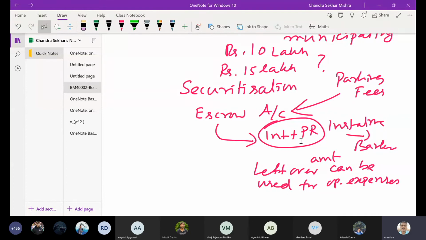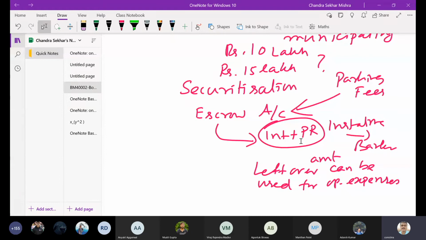Okay, that means you are securitizing future cash flow, right? And against that you are taking a loan, and the bank is happy. One condition is satisfied, that this person has a good credit history, good rating, and also this parking space has a lot of demand. So that will be the business. So the bank has to see now that he has given 25 lakh rupees for the parking. He has to give. But is it worth 25 lakh rupees? Will there be so much parking taking place in this area in this entire year, which justifies that, right?